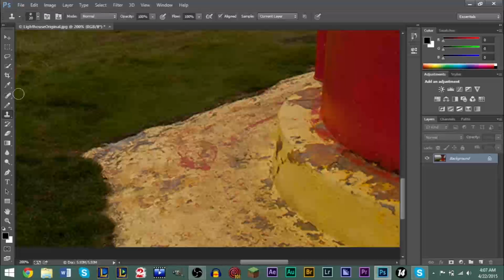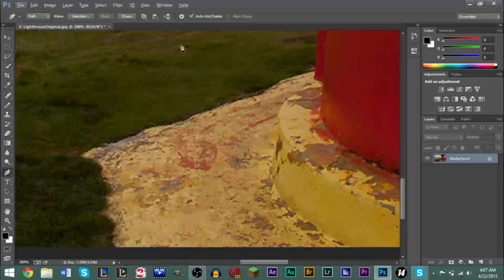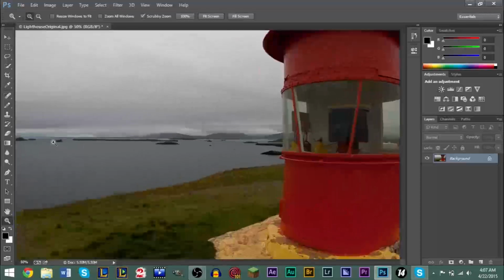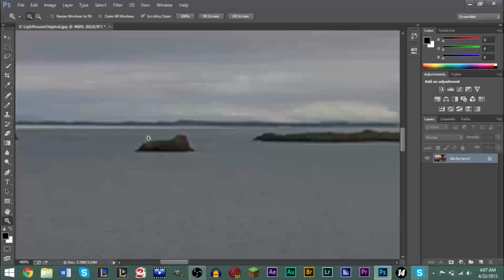So the next thing we're going to do is show you how to move certain parts of your image. For example, oops, what did I just do? I meant the Zoom tool. Say we wanted to move this island right here. Say we wanted to move this island closer to this island. We could do that very thing by using the Lasso tool once again, making a selection around our portion of the image,